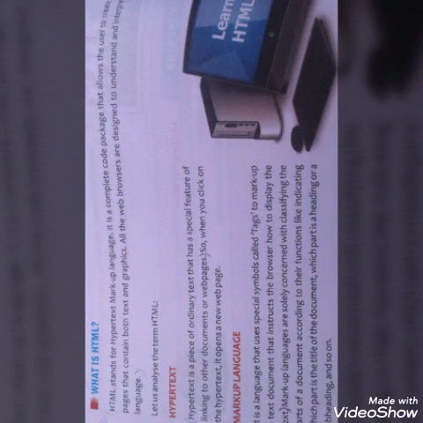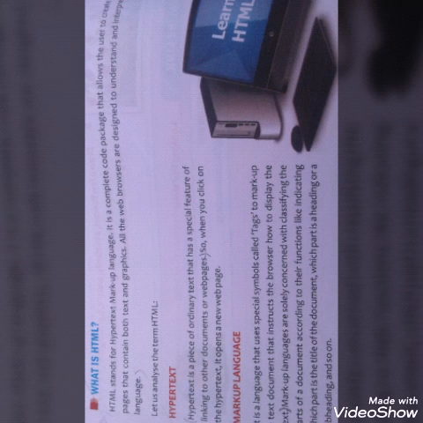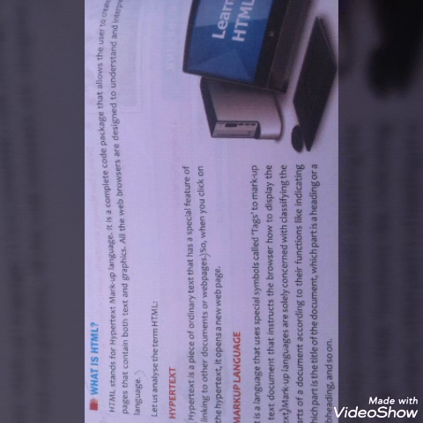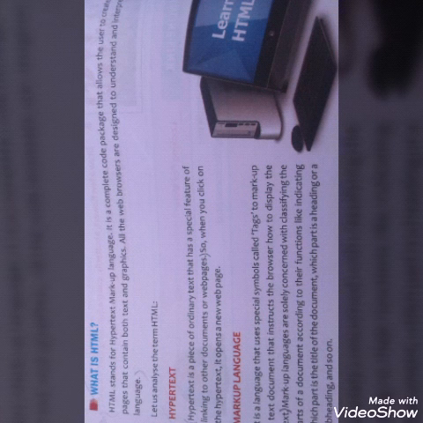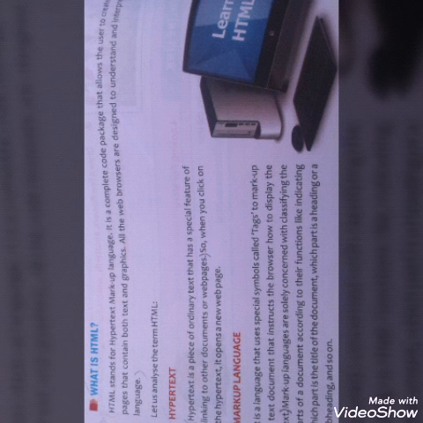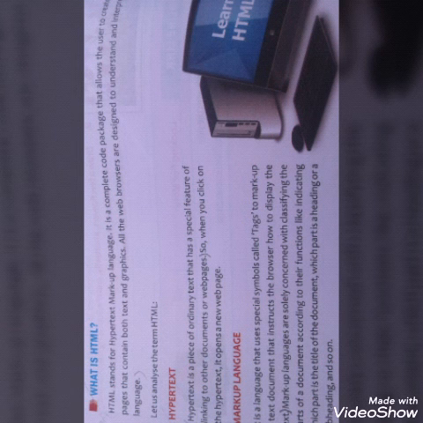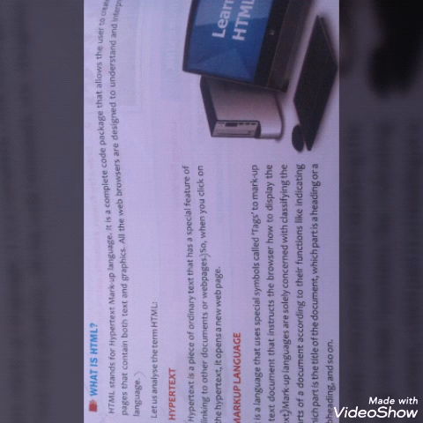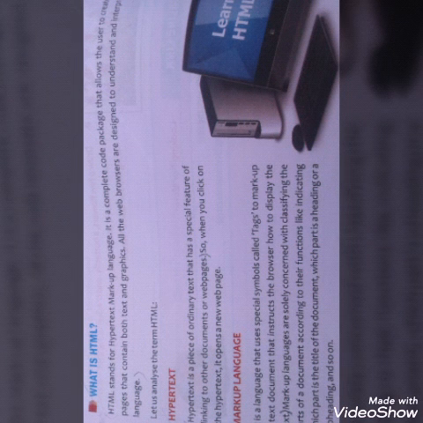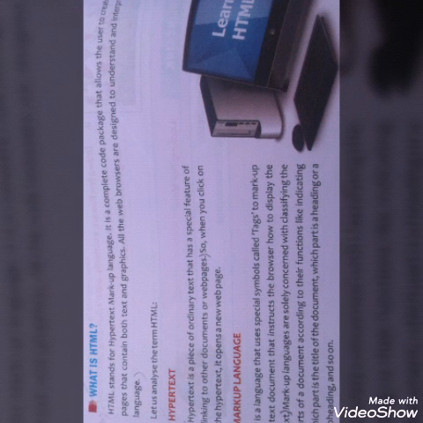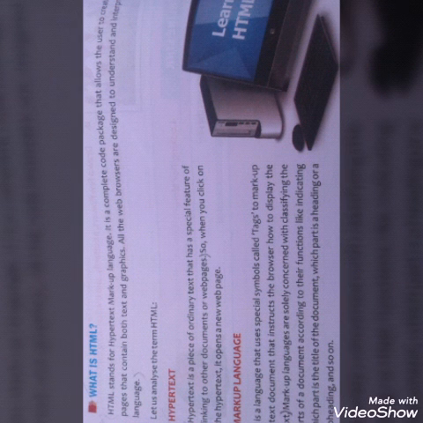So students, here we shall try to understand what HTML is and what is the use of HTML. HTML is a high level programming language which allows the user to create the web page, the web page that you see on the internet. So this language is most widely used to design the web content in the form of text and graphics for the internet. The full form of HTML is Hypertext Markup Language.